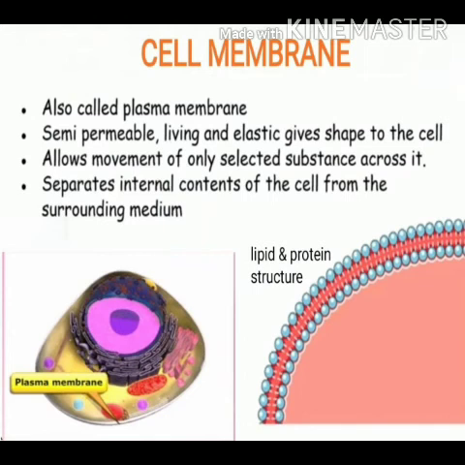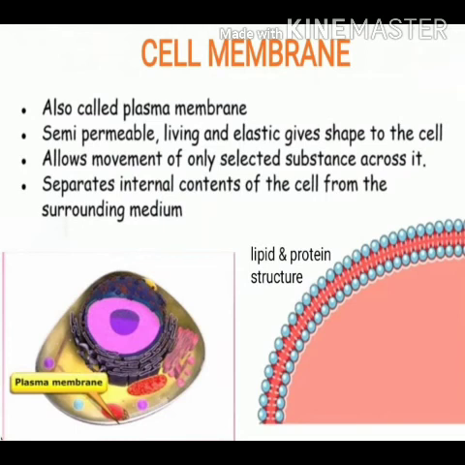So students, we have different cells in our body, nerve cell, RBC, liver cells, you have learned this. So which part of the cell gives a shape to it? It is the cell membrane. The next feature of the plasma membrane is that it is porous in nature. Porous means having pores.